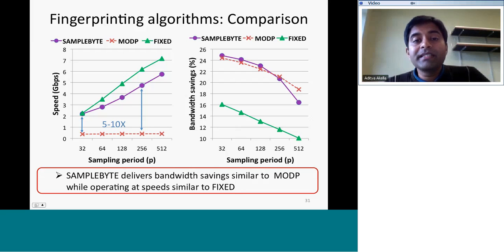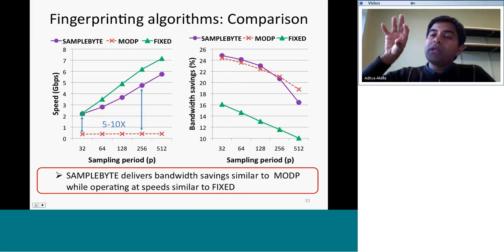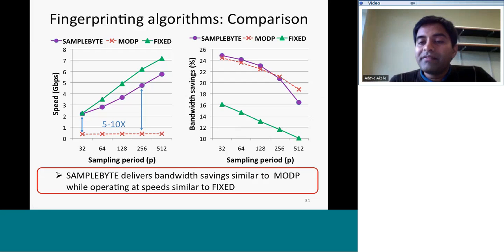On the other hand, the other schemes scale linearly. As the fingerprinting becomes less frequent, you get better and better speed. Of course, the challenge is if you make fingerprinting less frequent, you also identify less redundancy. More frequent fingerprinting means there is a greater potential for identifying redundancy, and that's shown on the right hand side graph. As you make fingerprinting less frequent, the amount of redundancy you can identify falls. In particular, if you look at fixed, while it is great in terms of scaling of speed, it is stuck at finding redundancy, mainly because it identifies specific chunks in the content, and small additions or deletions of content throw it off completely. It can identify very little redundancy.